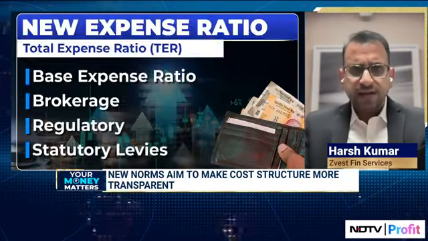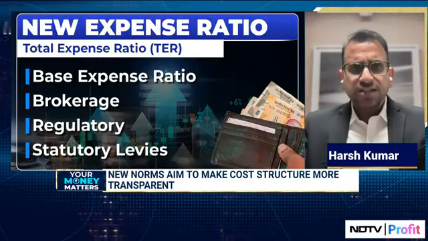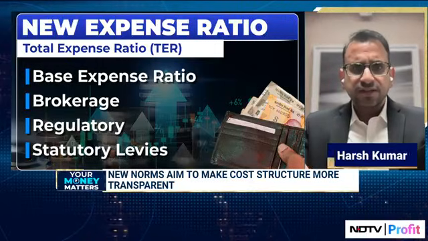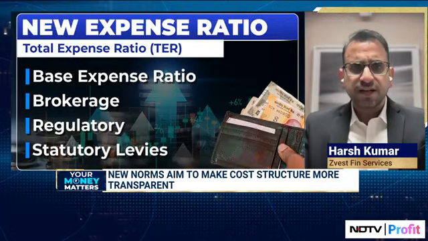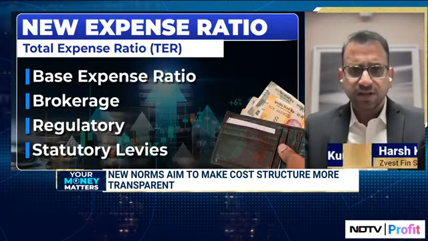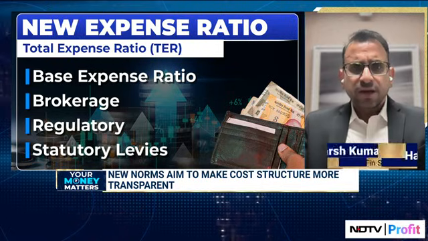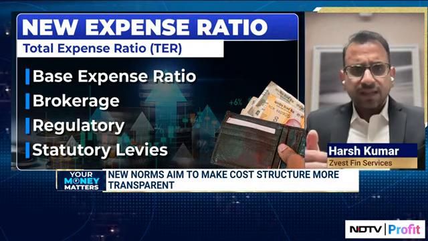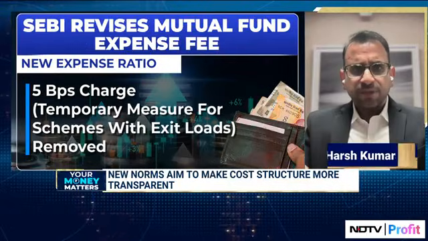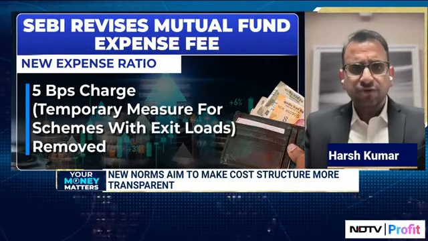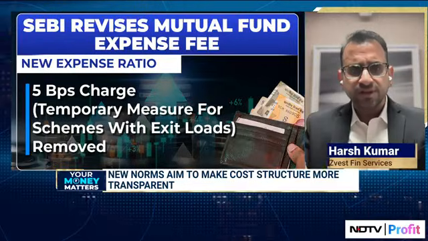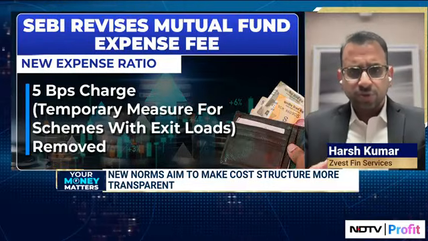Just to take a step back and set the perspective right, in the last 10 years, mutual funds have seen a CAGR growth of 20%. In the last 5 years, the growth has been 22%. And right now we are talking about an AUM of around 80 lakh crore plus. Now, in this scenario, the more transparent we become, the clearer we become in terms of our calculations, our numbers, the unit holders are going to trust us more.